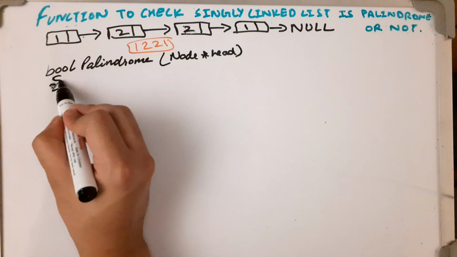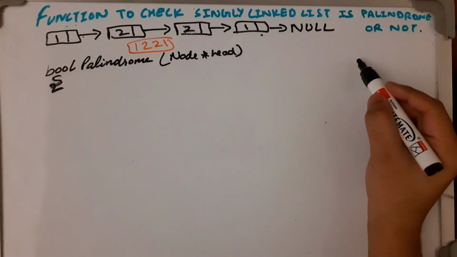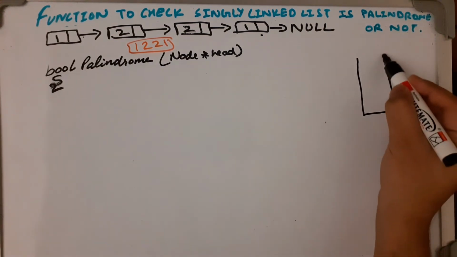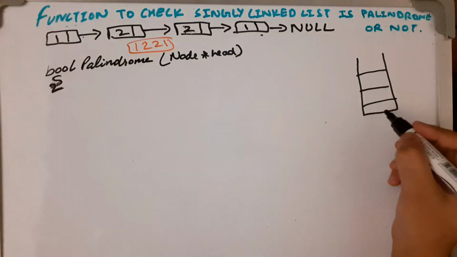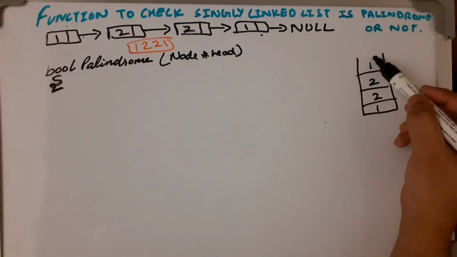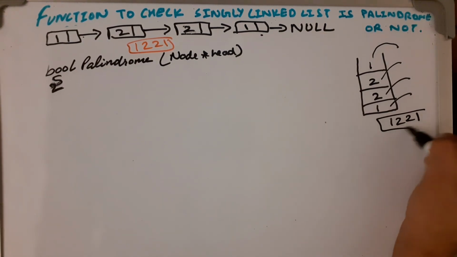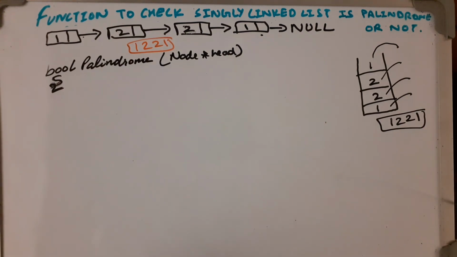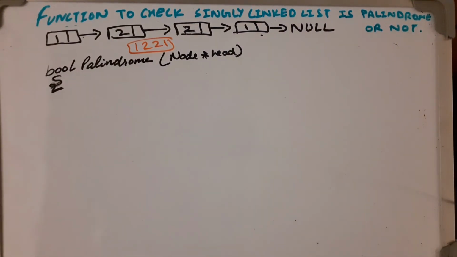Okay guys, now I will tell you what I'm going to do. I'm going to copy this linked list into a stack. When I copy this linked list into a stack, how will it get copied? The first element, 1, goes inside, then 2, then 2, then the last element. When I pick them out, it comes out in reverse. I told you in the stack video also; if you haven't seen it, you can go back and watch it. A stack is basically used to reverse a linked list, or a string, or any number, or an array.